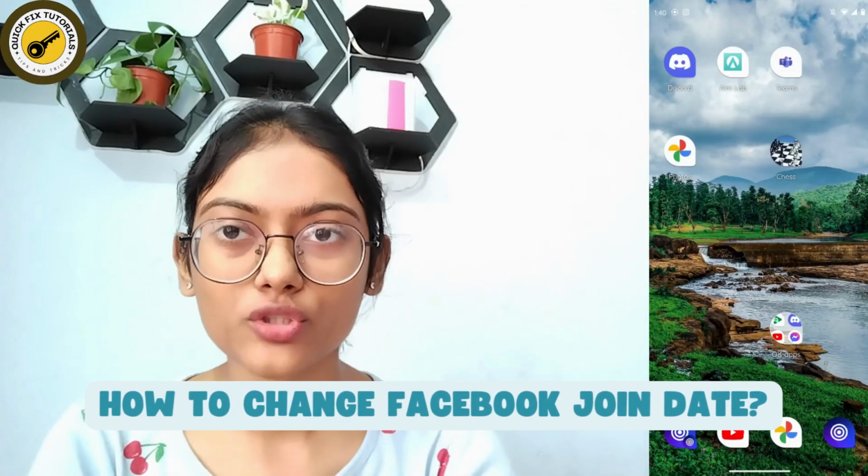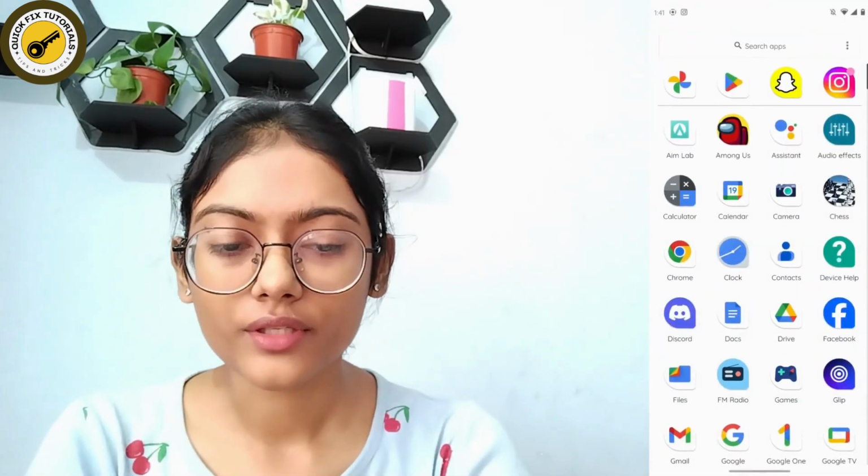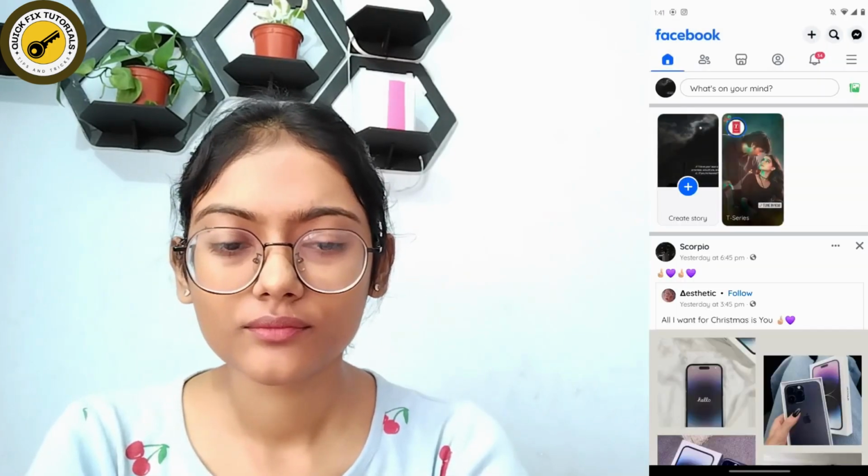How to change Facebook join date. So if you want to change Facebook join date, then first of all, open up your Facebook application and then